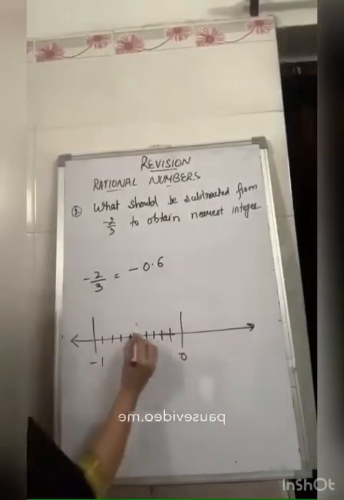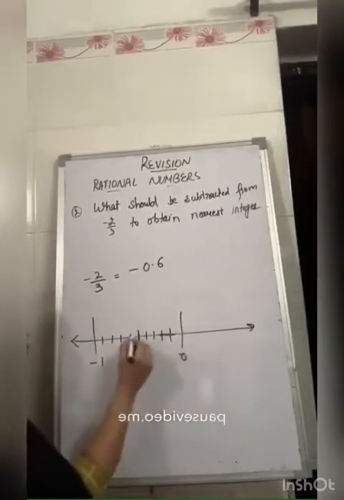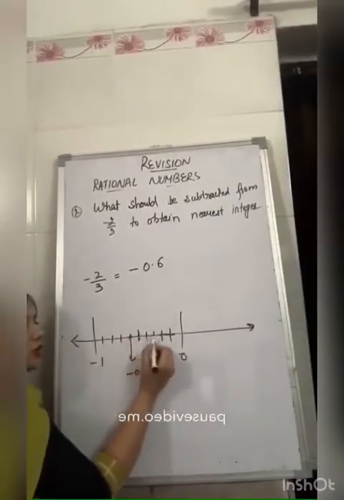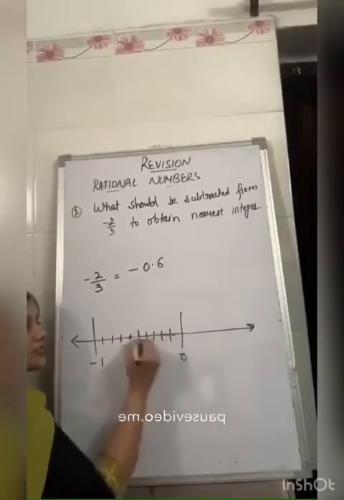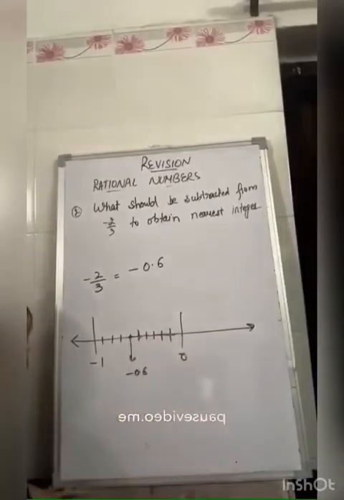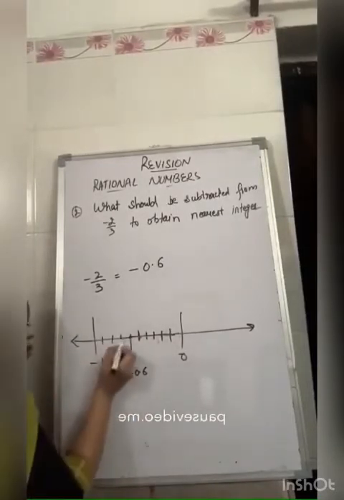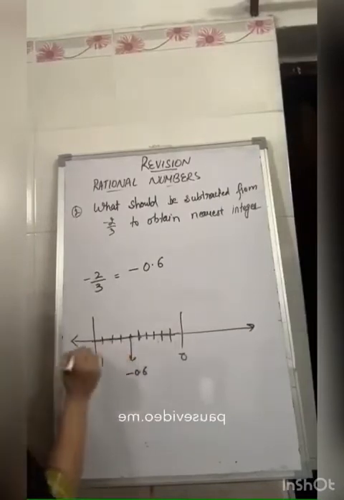Now see, if we see on the right hand side, how many divisions are we having? कितना distance है? 1, 2, 3, 4, 5, 6. We are having 6 divisions on the right hand side. And when we see on the left hand side, how many divisions are we having? 1, 2, 3, 4. Right? So